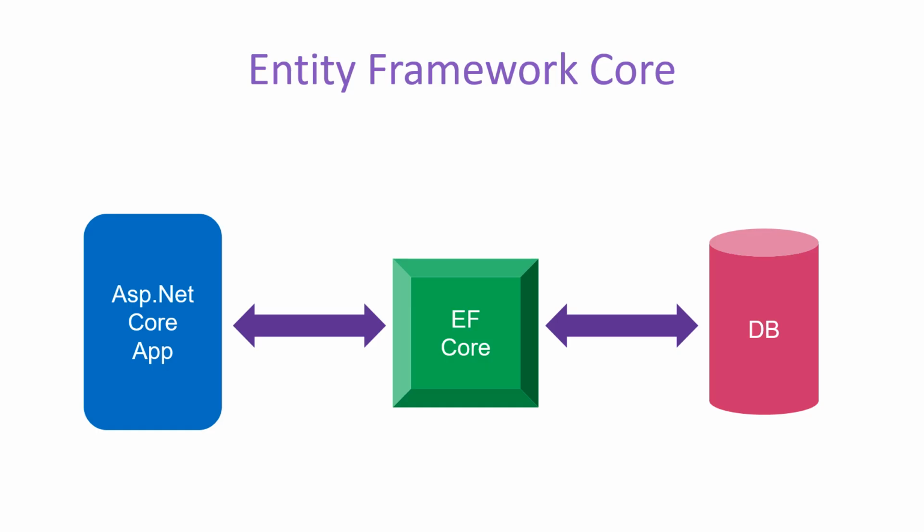I have created a very basic diagram over here. On the left side of the page you can see we have our ASP.NET Core web application. And suppose we have to interact with a database. The database is here on the right side. The provider for this database may be anything. It might be SQL Server, it might be MySQL, it might be Cosmos DB, it might be in-memory. There are several providers for the database. So we are not targeting only one database. There might be any type of database that we have.